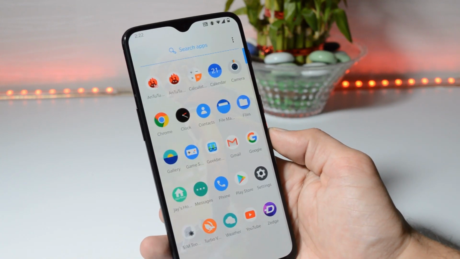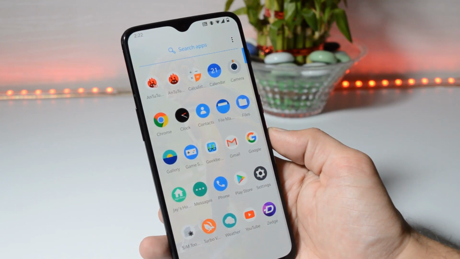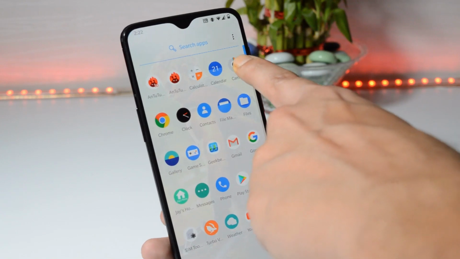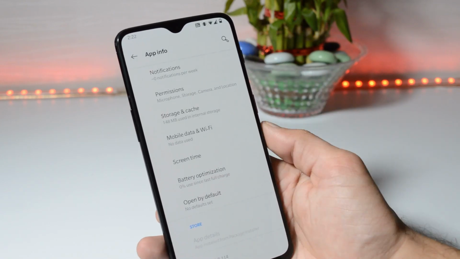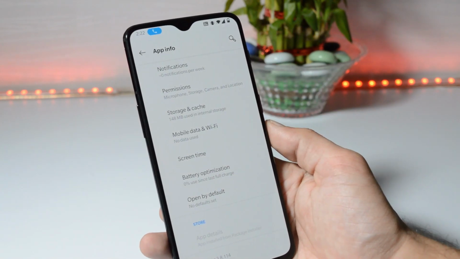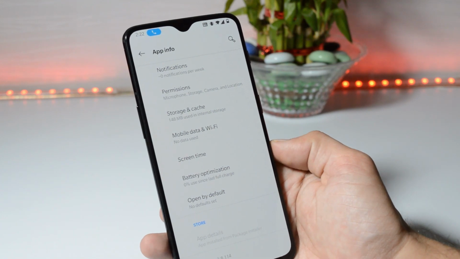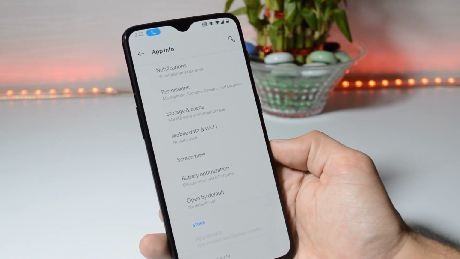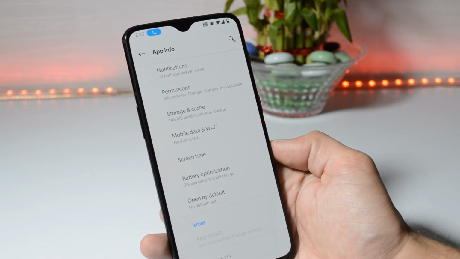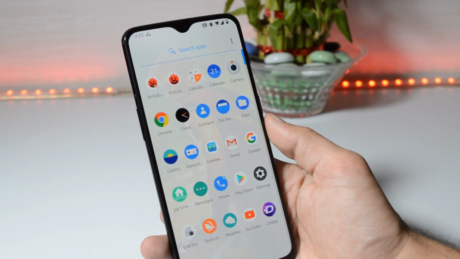If you install this port, you won't find many OnePlus applications. The camera application also you need to install manually, but make sure you are only installing version 3.8.114. I'll leave a direct link in the description below. Make sure to use that specific application because that's the same version which is available on the stable version for OnePlus 6 and 6T. Other applications can be installed from the Google Play Store.